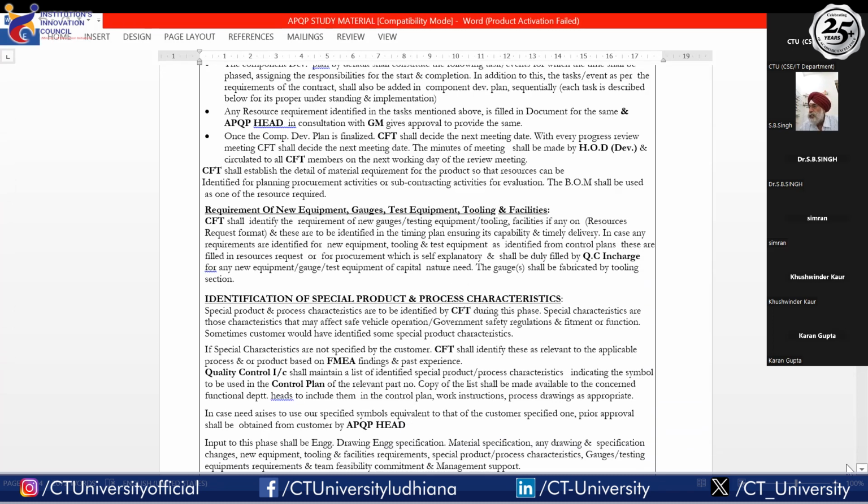Then some special product and process characteristics are also identified. And as I told you, we do an FMEA, failure mode and defect analysis exercise, through which we identify where there is a possibility of a failure during design and development of that particular product. And beforehand, before we actually start the development, we take those kinds of precautions which are highlighted through this